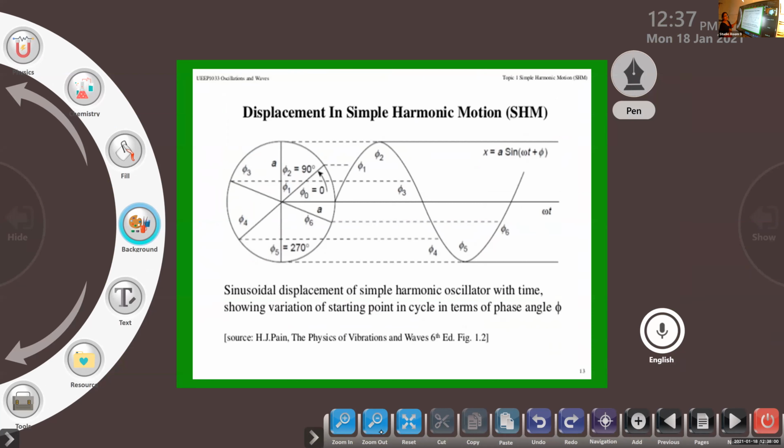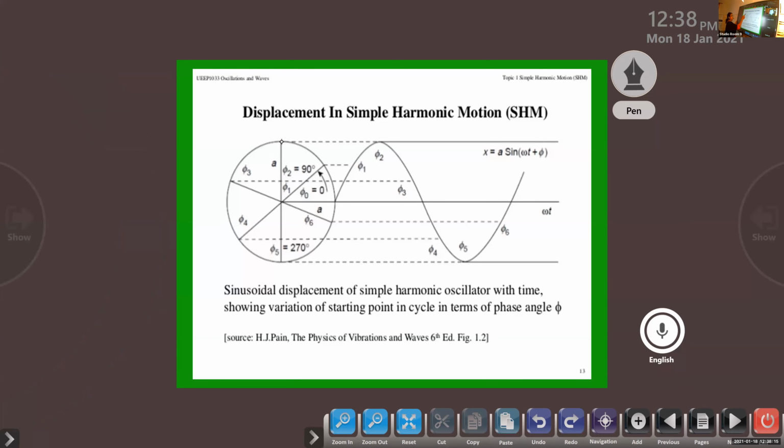we have phase difference phi. The phase difference: at each point, the ball is rotating, it is making a different angle. Up to here, maybe 30 degrees or 40 degrees. Then up to here it is 90 degrees. Then again maybe 125 degrees or so. And then coming back here, up to here it is 180 degrees. Then coming back here, 270 degrees. It goes on. So the ball is moving in an anti-clockwise direction. This is the motion of the ball we are considering.